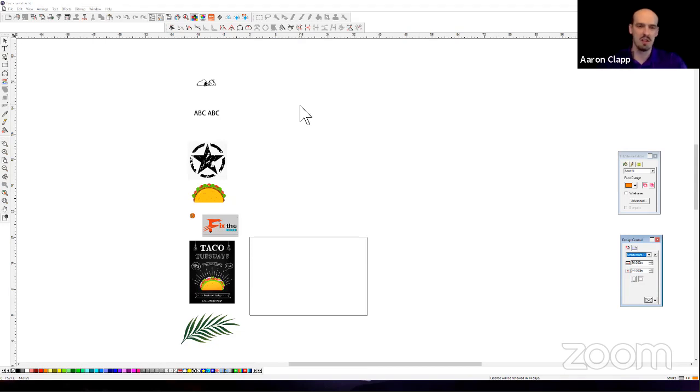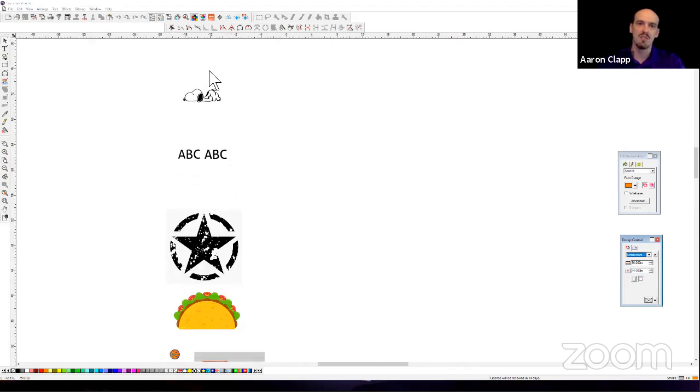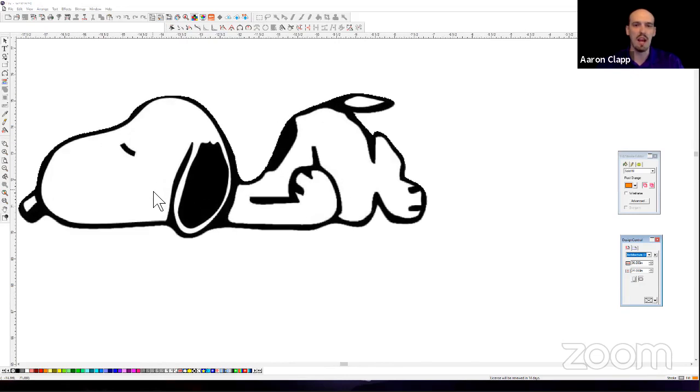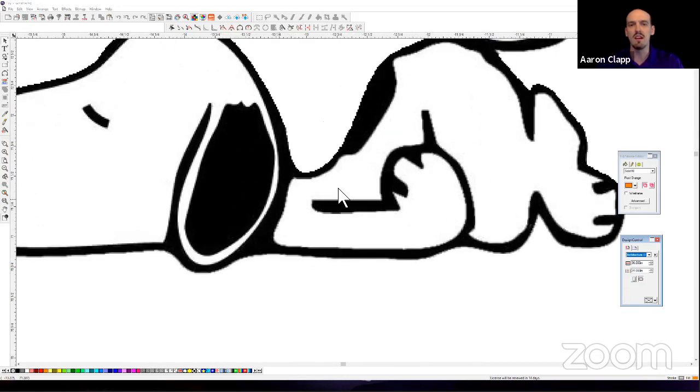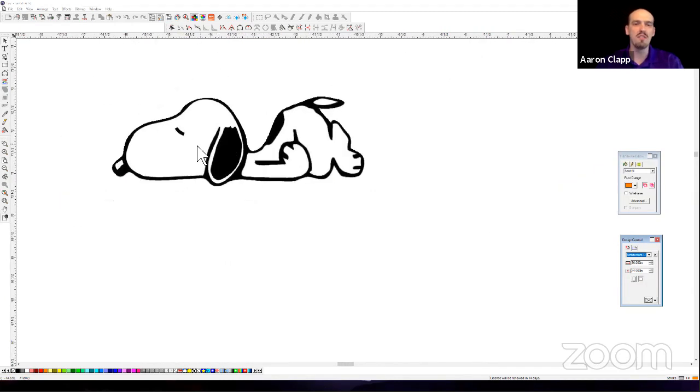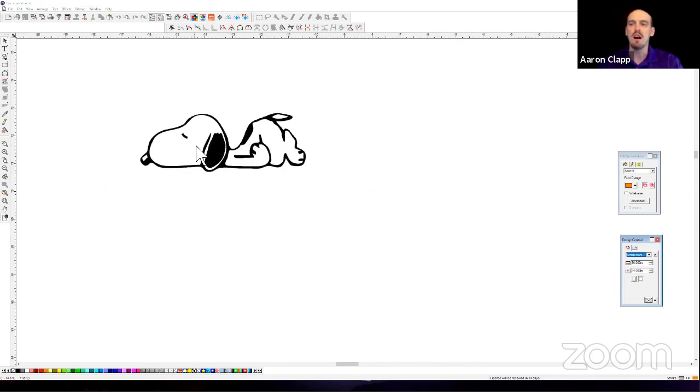Let's just look at this first one. This is just an image I pulled off of Google. If we zoom in fairly close, we can see that it's pretty noisy. On the outside it's jagged and pixelated, and on the inside you've got a lot of artifacting going on. There are two things we can do with this. First of all, if this is going to be a fairly small decal, then you may not even have to do anything with it. If I click on this, I can look at my Design Central over here,